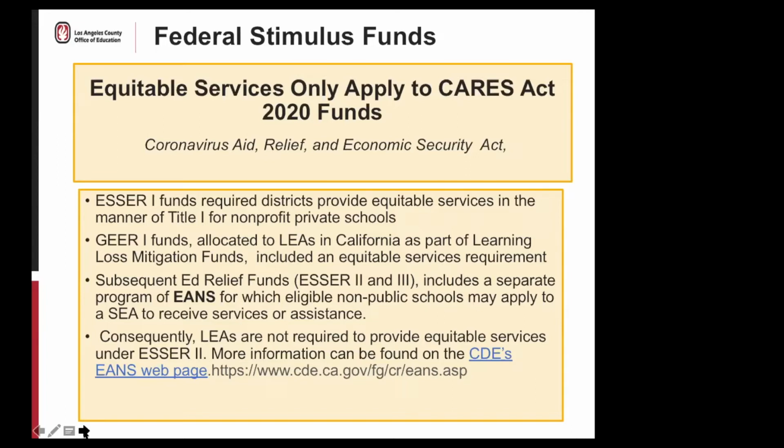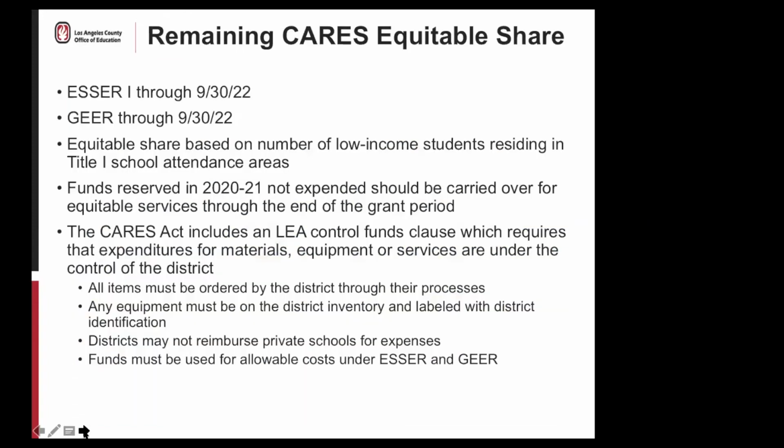That was your 2020 funds that are about to expire. So the next slide, just a reminder, if you have any remaining funds that you reserved out of that ESSER 1 and GEER 1 back in 2020, if you reserved funds, but those funds are still unspent, the amount you didn't spend, then you have a responsibility to ensure those funds are carried over specifically for services to private schools, eligible nonprofit private schools, by the end of this year, because those funds expire September 30th of this